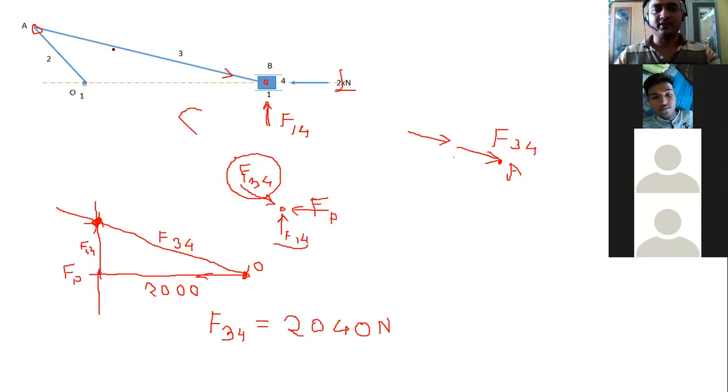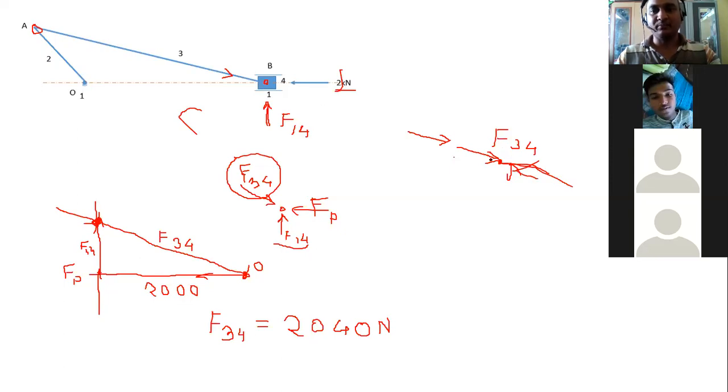When any other force on the connecting rod is absent, then always remember that the direction of force from 2 on 3 will be in the same direction. Okay, so now this is your F34. Sorry, this F34 is on this